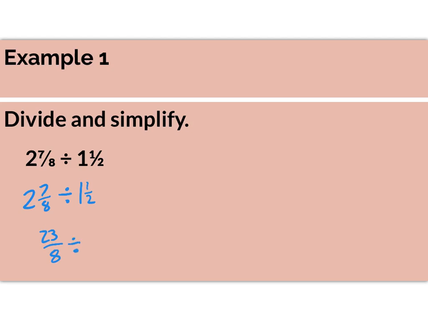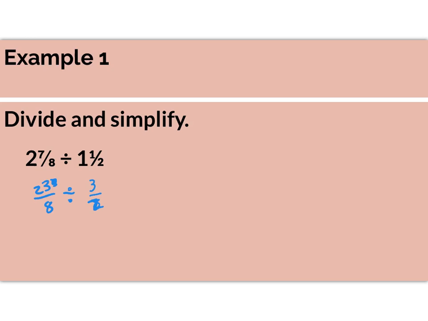I'm just going to copy because all I'm doing in step 1 is converting the mixed numbers. 1 times 2 is 2, plus 1 is 3, so we have 3/2. Okay, and we'll pick this up. 23/8 divided by 3/2. This is 23 over 8 divided by 3/2. Okay, 3/2, not eighths, 3/2. Okay, so now,